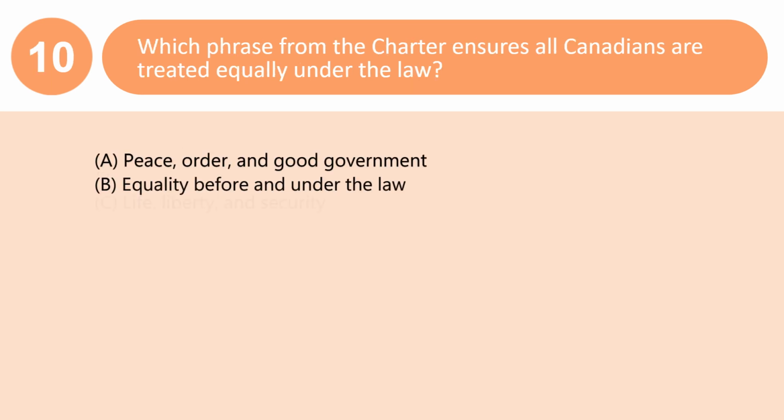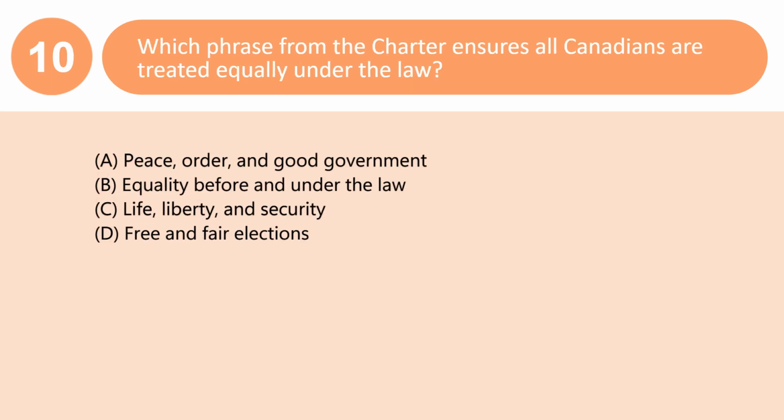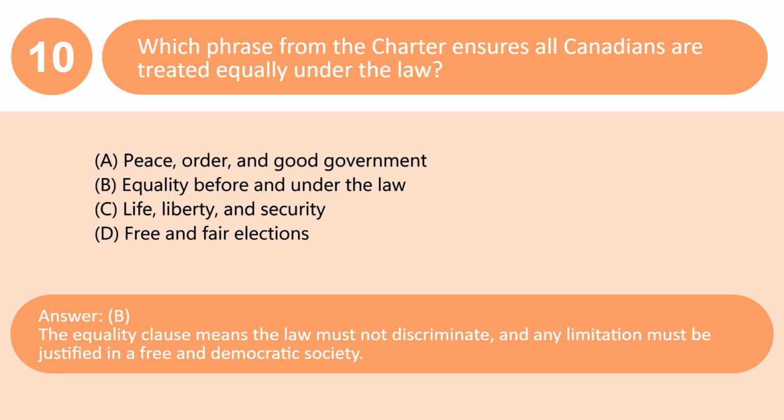Which phrase from the Charter ensures all Canadians are treated equally under the law? A. Peace, order, and good government. B. Equality before and under the law. C. Life, liberty, and security. D. Free and fair elections. Answer: B. The Equality Clause means the law must not discriminate, and any limitation must be justified in a free